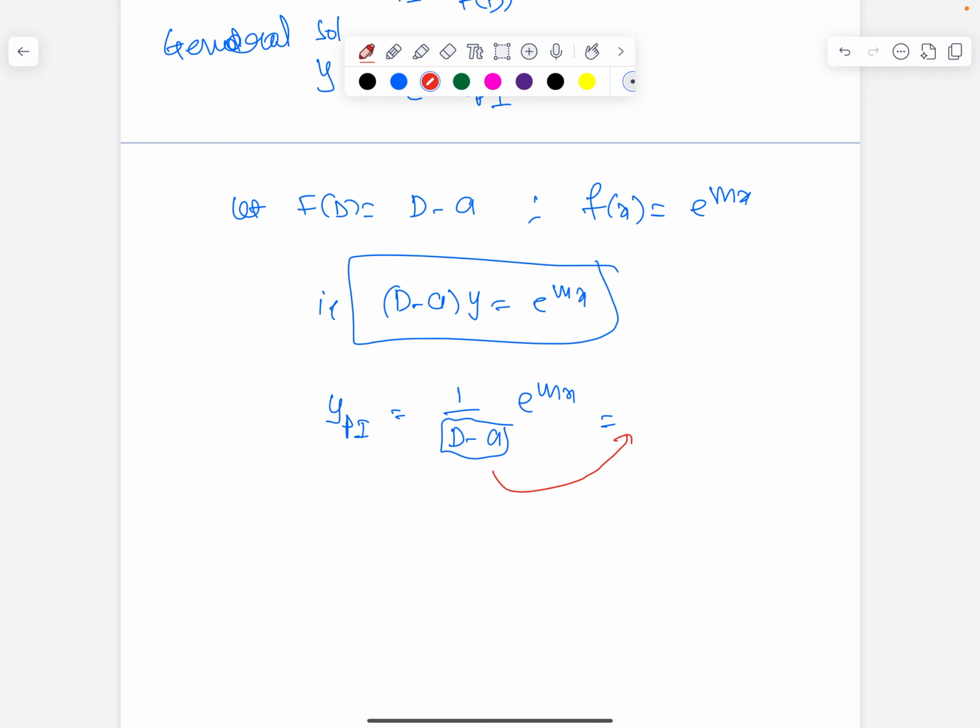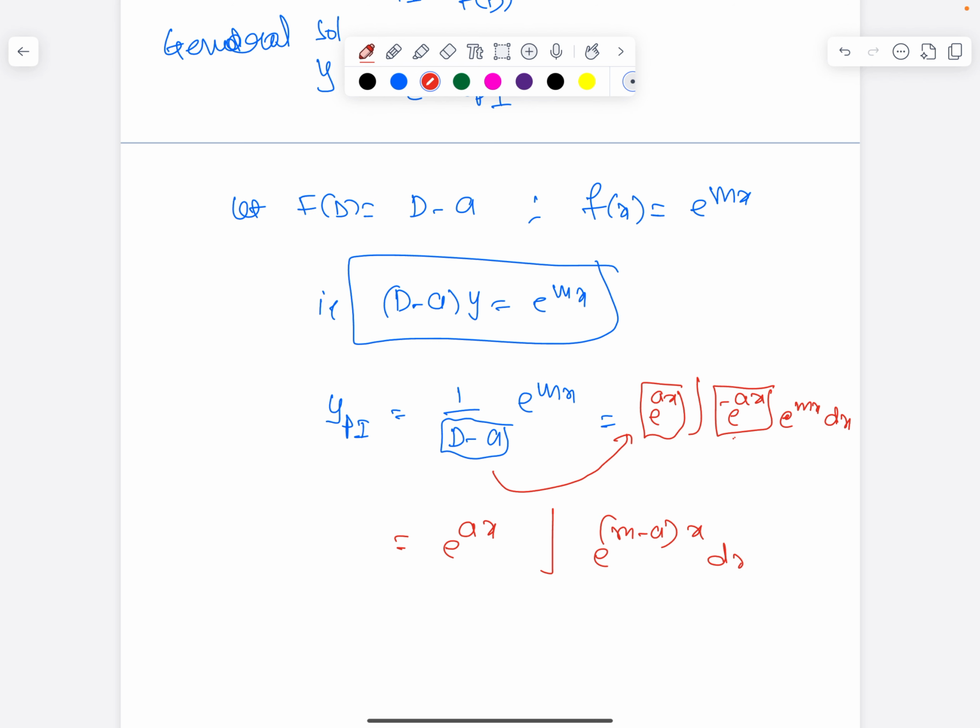Let's say that D minus a, so e^(ax) integration e^(-ax) into e^(mx) dx. So here D minus a you are writing as e^(ax) outside and e^(-ax) inside. That is, whenever the exact form is represented inside, the outside integral is with the negative sign of that one. So if that is the case, this is e^(ax) integration e^((m-a)x) dx,